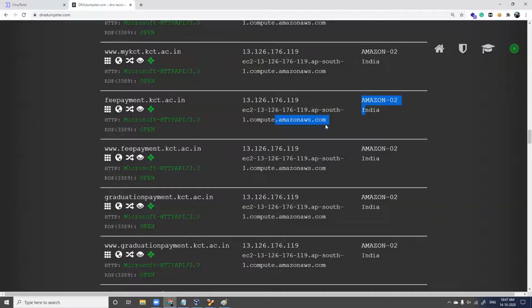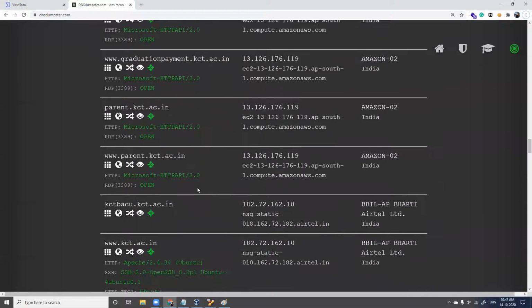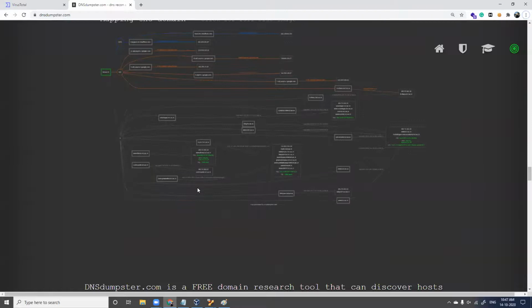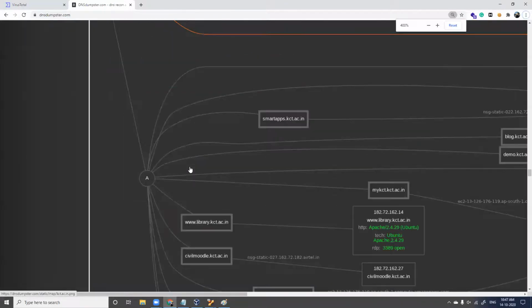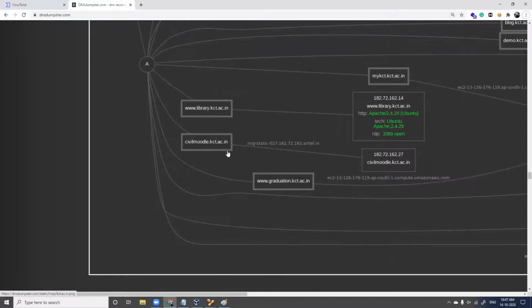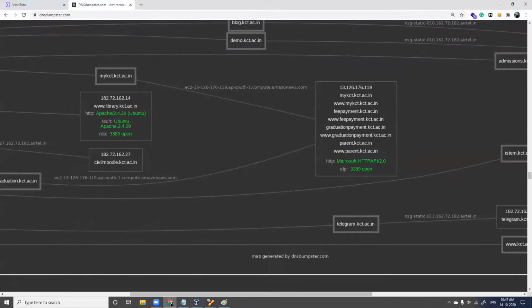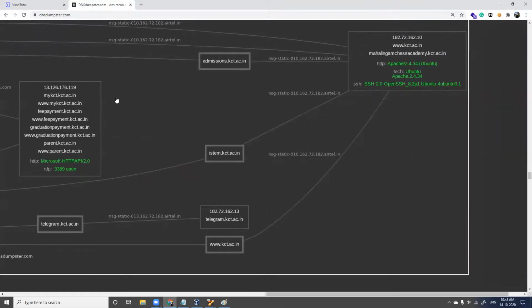So with this information you can proceed further with a lot of other details. And DNS dumpster is also going to show you an excellent graph like this, which will be helpful when you scroll down. When you see this, you will have a perfect idea of what your target is, how websites are, how servers are linked. So DNS dumpster and virustotal.com can prove to be valuable sources of information for you guys.